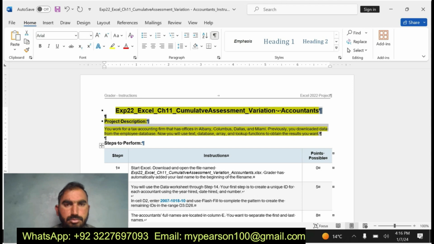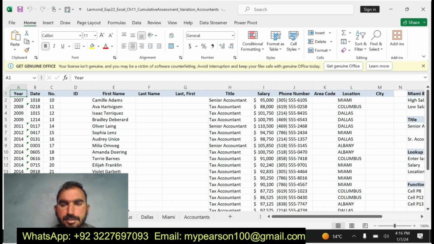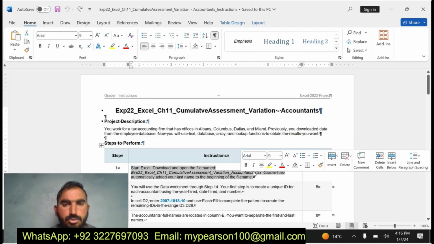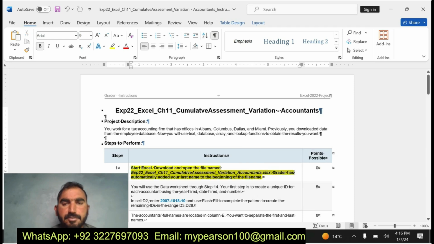Now I am going to start. Here is my Excel workbook. My first step is to start Excel, download and open the file named EXP22 Excel Chapter 11 Cumulative Assessment Variation Accountants.